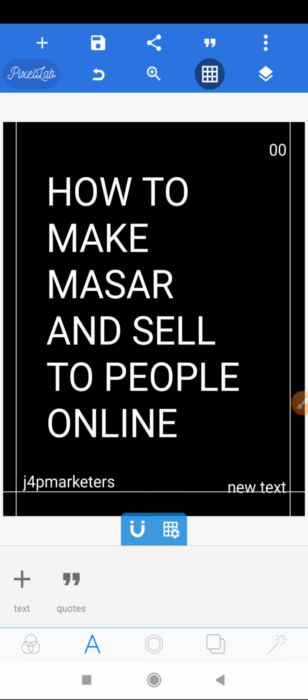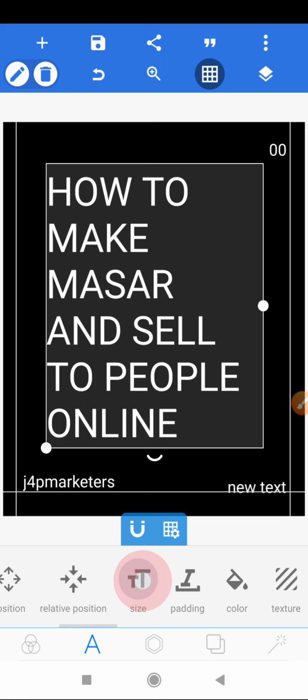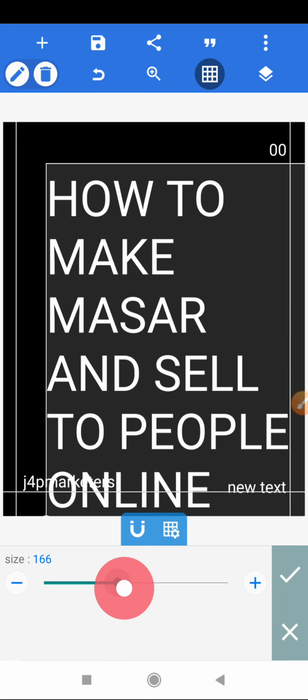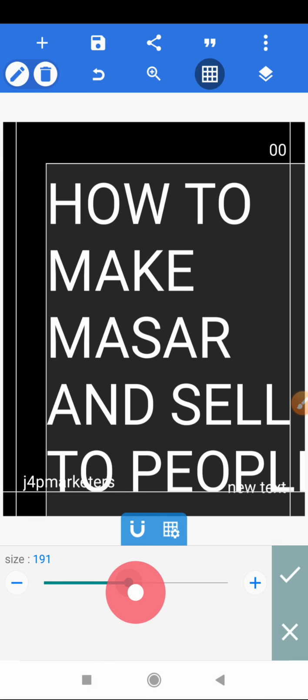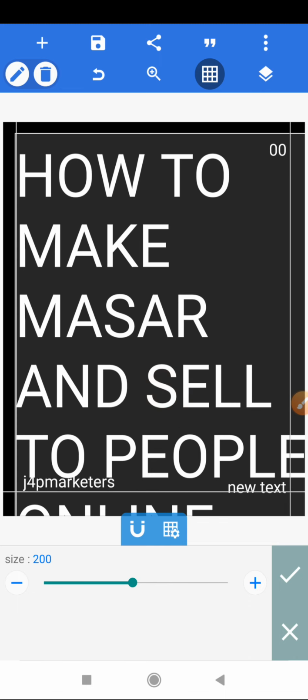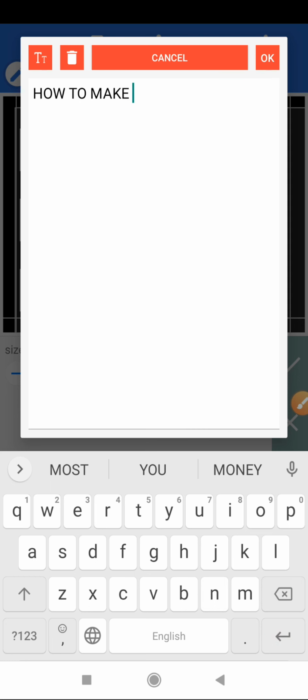So back to those people that like to make their hook in a particular number. So if you check the size now, you will see that it has gone from 200 to 132. So what people do in this case is try to rephrase as much as possible to get that 200 boldness. That's what they call consistency. You understand? So maybe the person will now do, okay, how to make